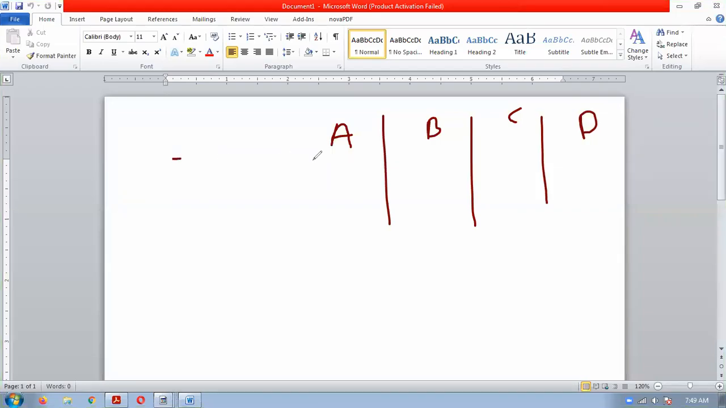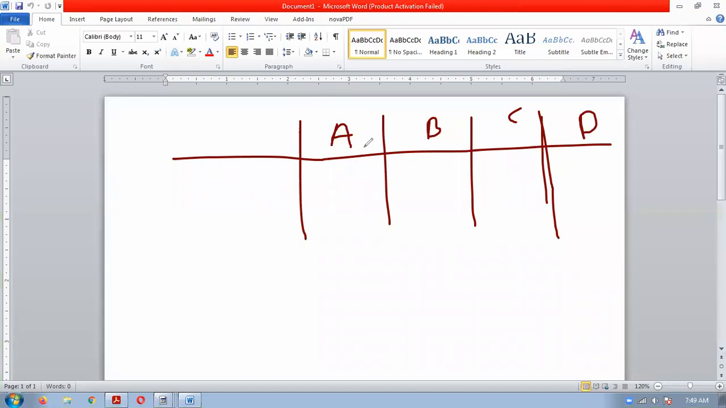So we are discussing overheads. Just understand. See, if a company is producing four products, product A, product B, product C, and product D, so there will